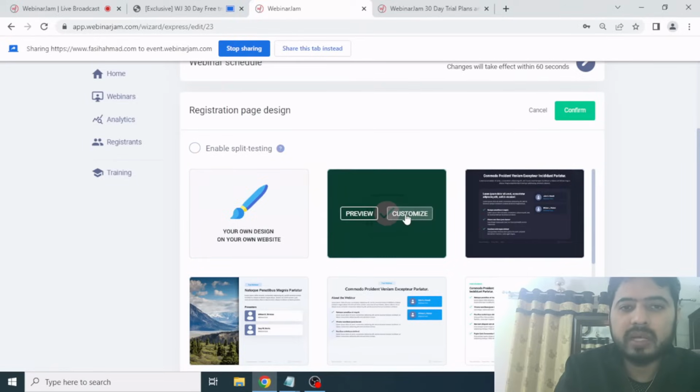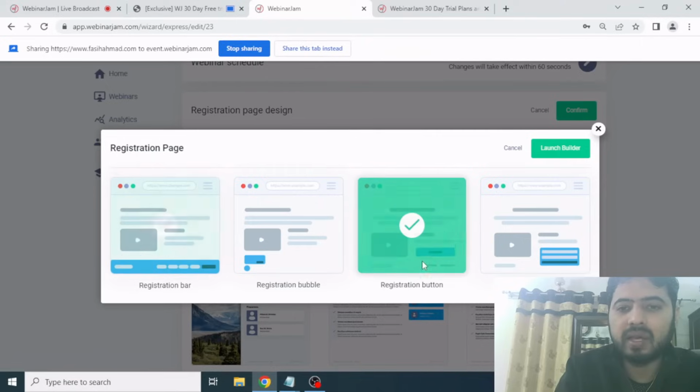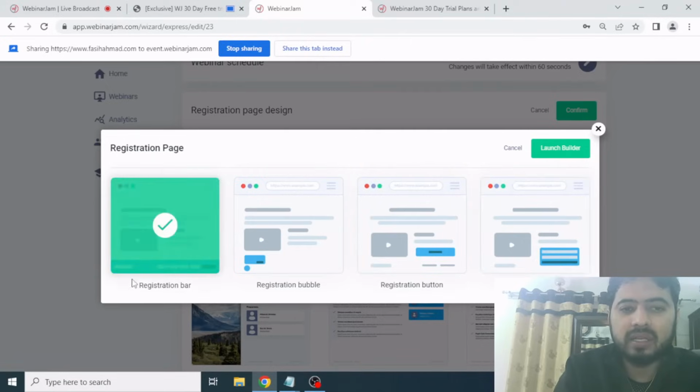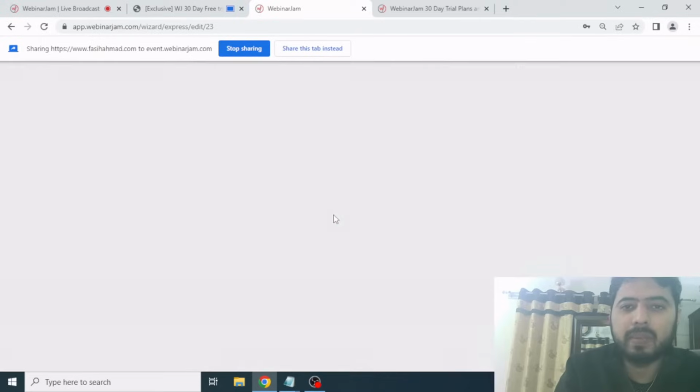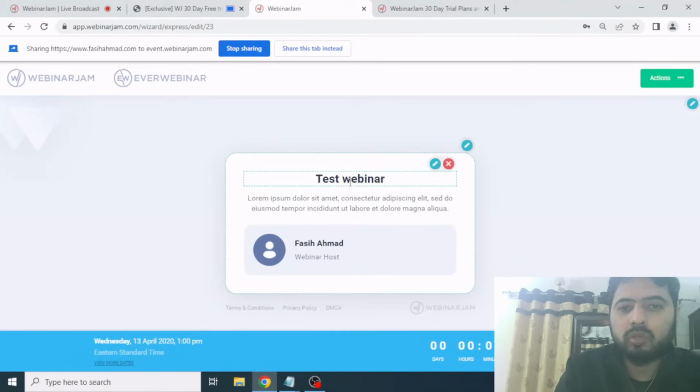To customize your webinar registration page, click on customize here. I will stick with the registration bar, but you can also have some bubble, and you can also enable a button, and you can have an embedded form as well. But I like the bar functionality, so I will stick with the bar. So you can see the bar here below. If you have used any drag and drop website builder in the past like ClickFunnels or Kartra,